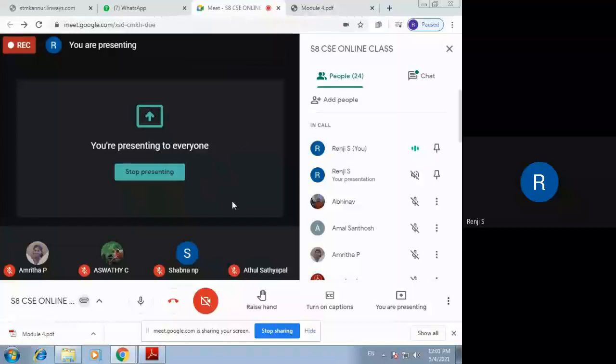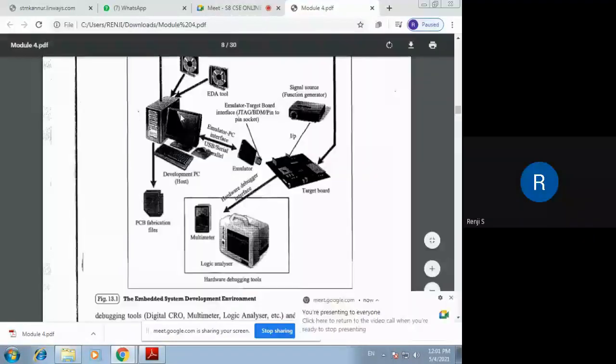A cross compiler, as we said earlier, is a type of compiler which compiles the high level language and generates code which can run on another processor. So in this figure, you can see the IDE will be running on the host machine. There will be a processor for the host machine, and this cross compiler will be running in the IDE, and it generates an object code which has to be run on the target board where there is another processor.